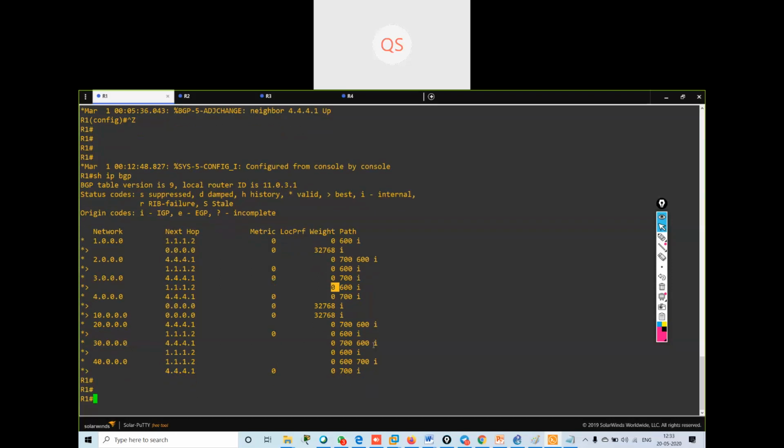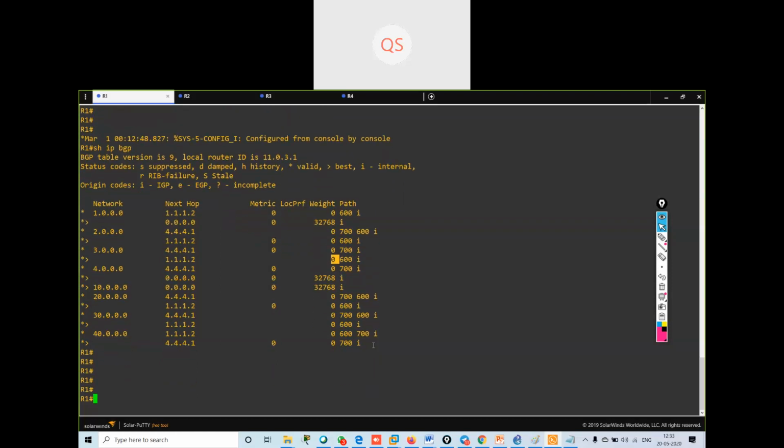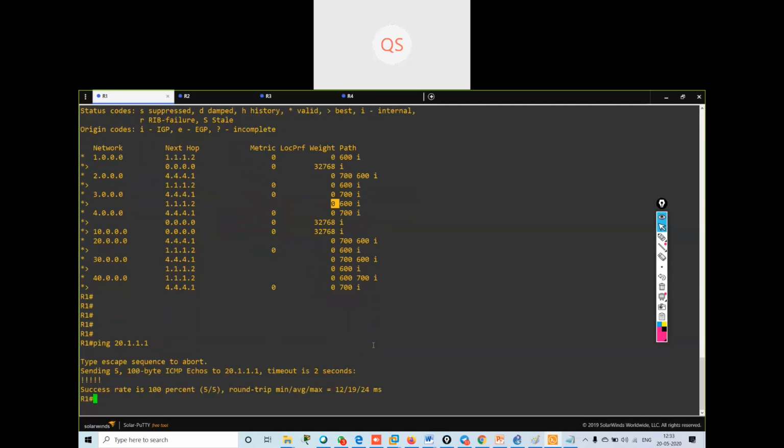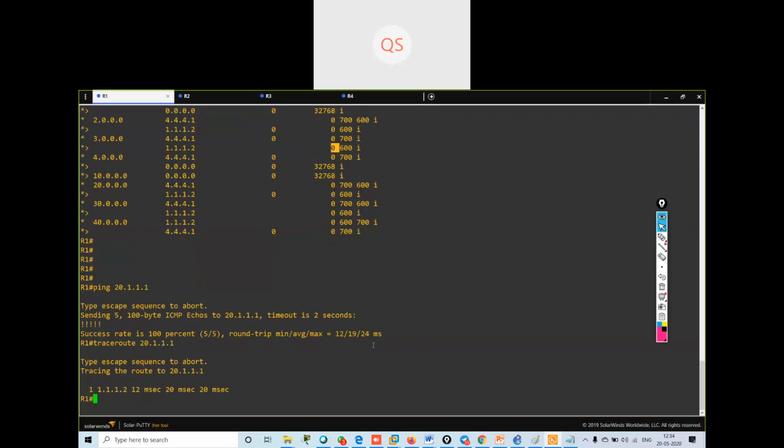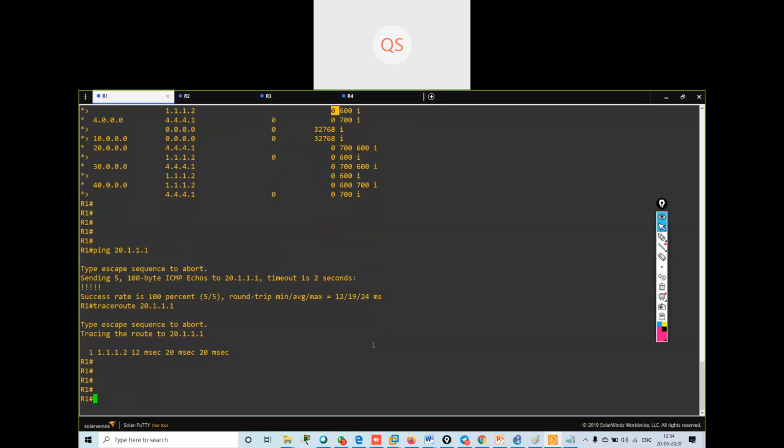So I can check ping 20.1.1.1. I can check traceroute. See, it is using 1.1.1.2.